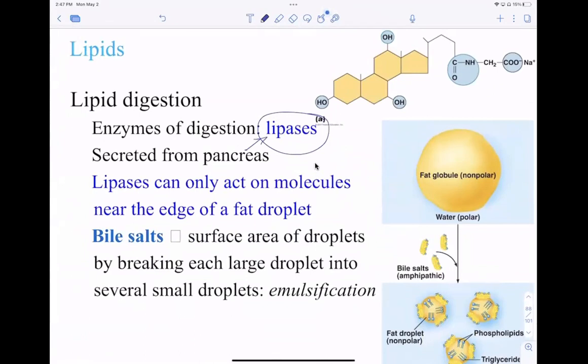But lipases can only get to the molecules on the outside of these fat globules. And so bile salts, which are secreted by the liver and gallbladder,